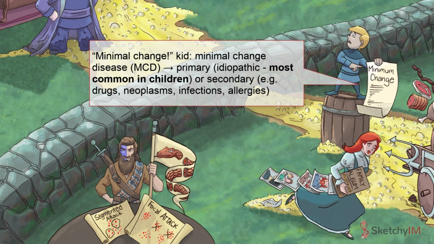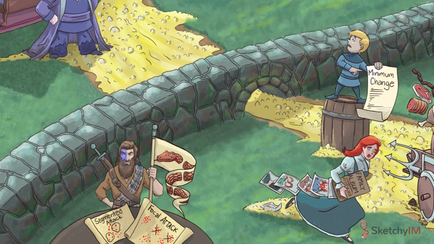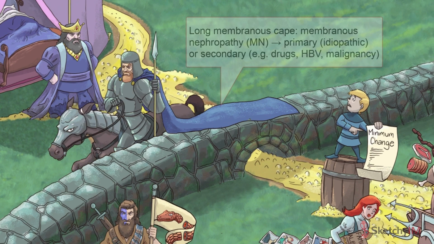Anywho, keep in mind that minimal change disease can be seen in adults too. It most commonly occurs as a primary idiopathic disease, but can also occur secondary to drugs, neoplasms, infections, and even allergies. Another common cause of nephrotic syndrome in adults is membranous nephropathy, illustrated here by the long membranous cape, which depicts the characteristic basement membrane thickening. It too mostly occurs as a primary idiopathic disorder, but can also occur secondary to drugs, hepatitis B infection, and malignancy. Nephrotic syndrome can also be caused by systemic diseases that affect the glomerulus,